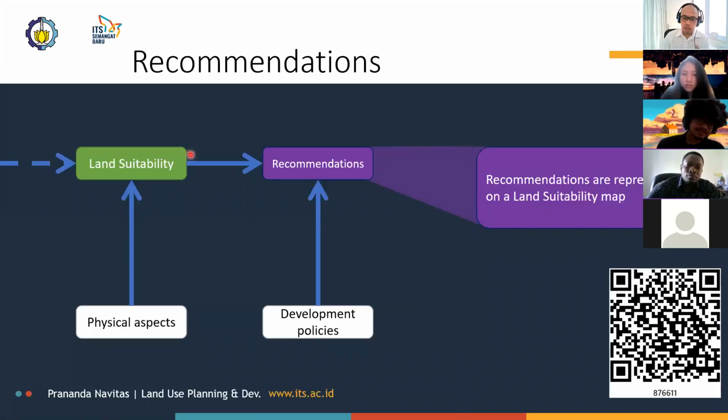We already have the physical data. We've collected it, and that is then fed into the land suitability consideration. And then just before we finalize our recommendations, we have to look at what development policies and what plans there are for future development. And then these recommendations are represented on what is known as a land suitability map,